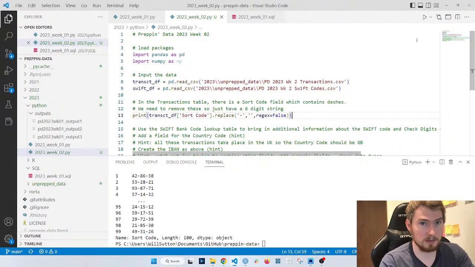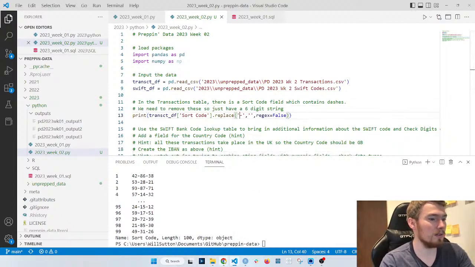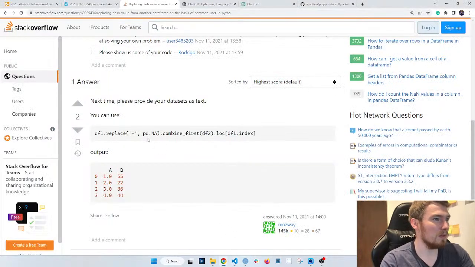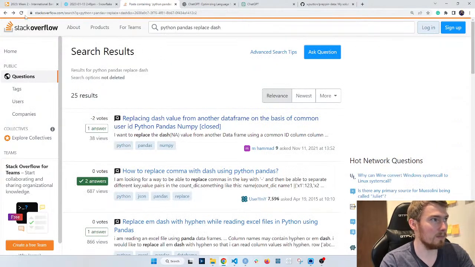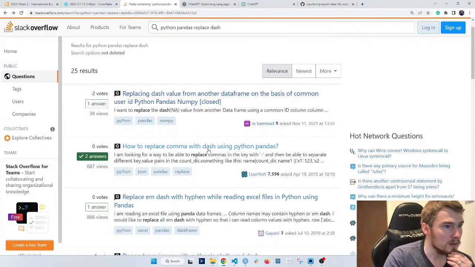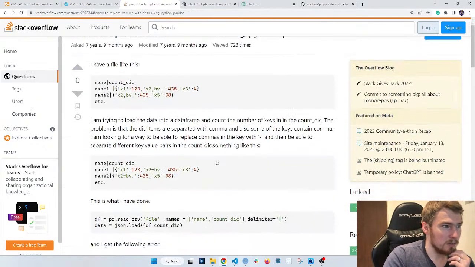Really useful in some cases, but in this case, maybe not so much. Okay, still not right. So I've got my data frame, replace that, that. Replace a comma with a dash.